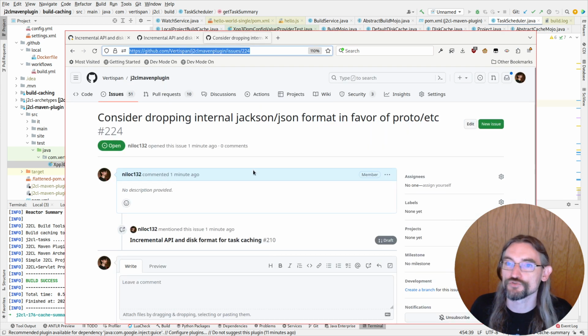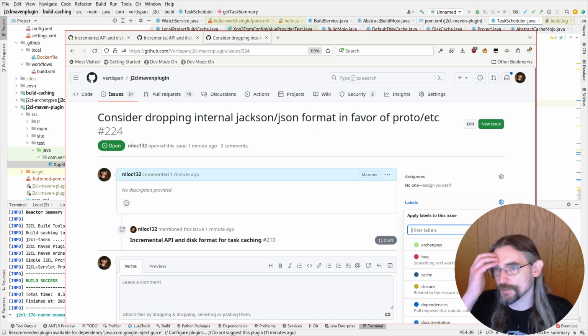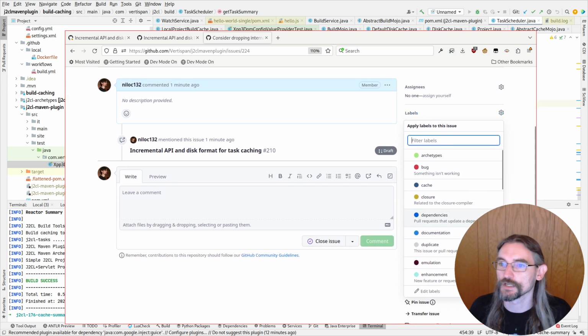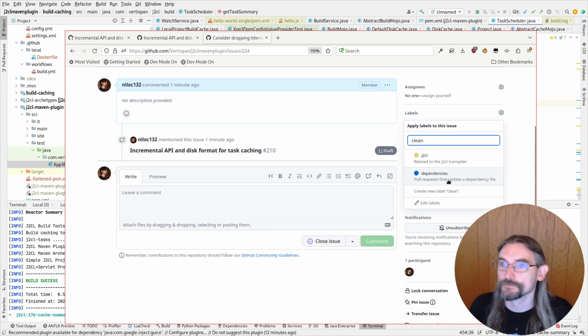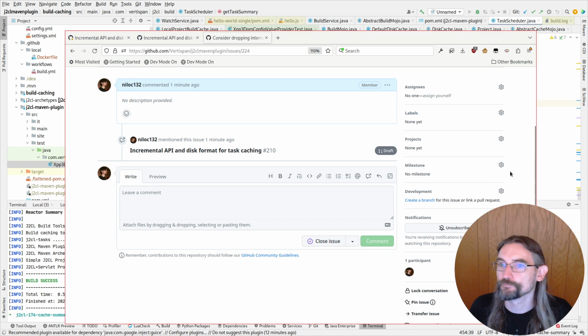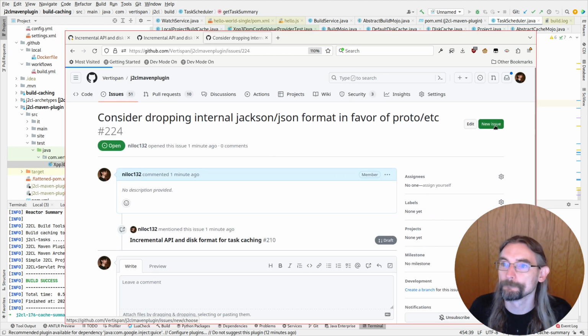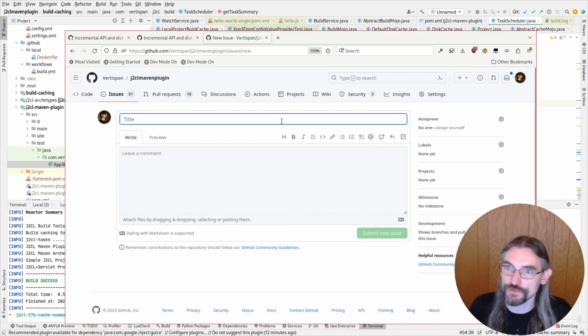So we'll just go ahead and drop something here. Do we have a good label for cleanup? No, we don't. Fine, doesn't matter. Let's make something new for